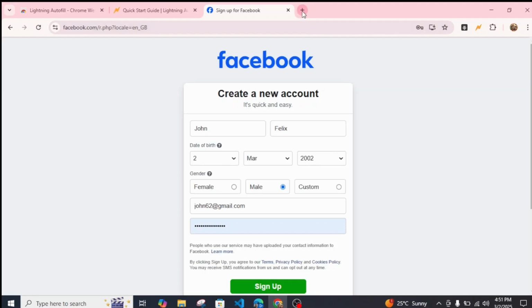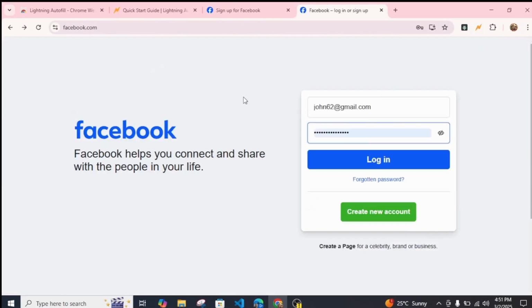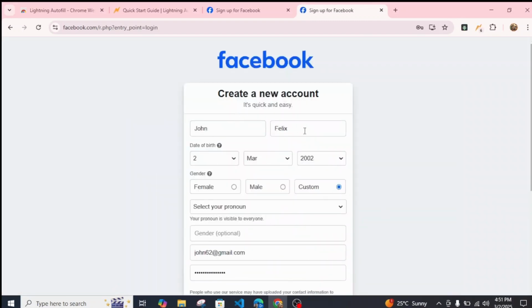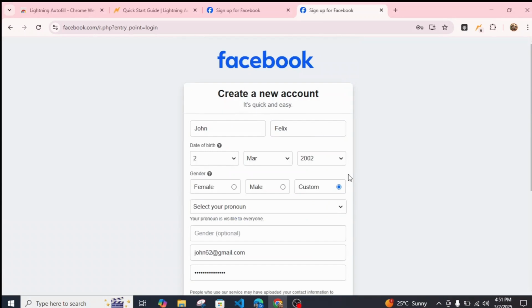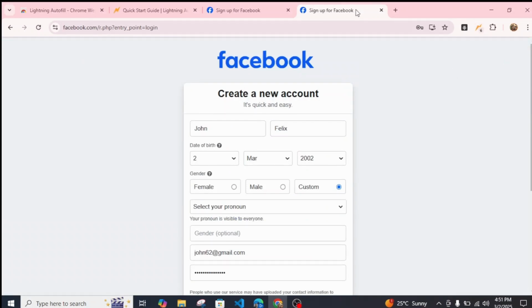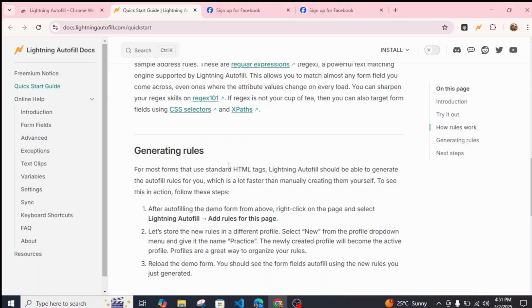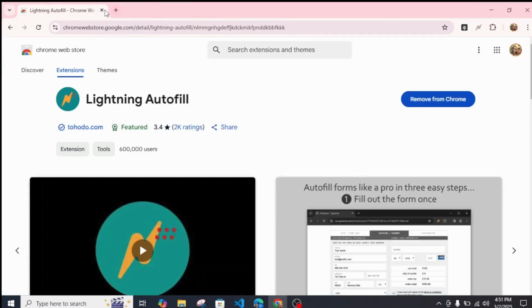So whenever you try to access Facebook next time, as you can see, when I try to click on create a new account, it automatically adds all of my details over here just like this. So that is exactly how you can easily use your autofill extension on your Google Chrome. I hope this video was helpful. So that is exactly how you can use your